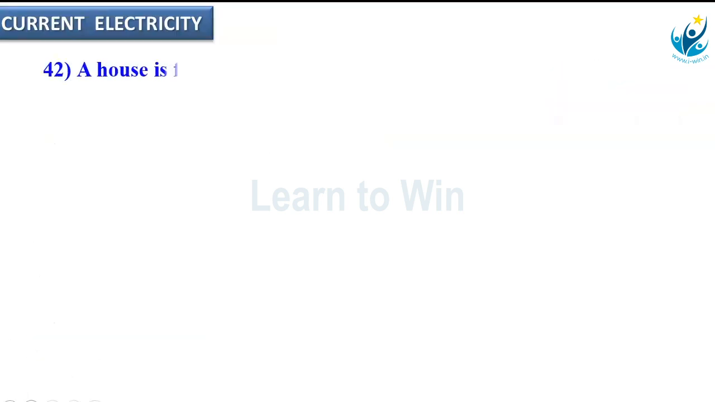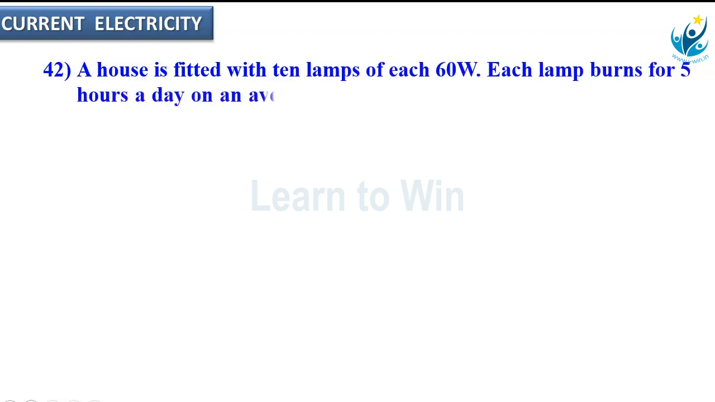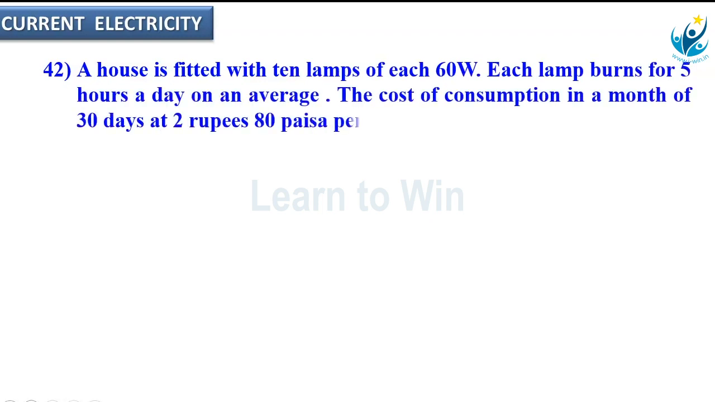Now problems based on electric power. A house is fitted with 10 lamps of 60 watt each. Each lamp burns for 5 hours a day on an average. Find the cost of consumption in a month of 30 days at 2 rupees 80 paisa per 1 unit. So 60 watt lamps, how many are being used? 10 lamps. Each works for 5 hours. Then we are going to find the cost of consumption. They are asking the current bill. The options are rupees 132, rupees,